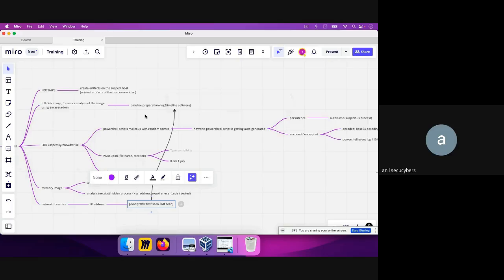Let's say it is a timeline of 10 GB of file, and that 10 GB of file is recording all the events from 1st of January 2023 to 1st of July 2023, and now you see that the first traffic seen was, let's say, on 29th of June, for example. So you just prepare a smaller timeline